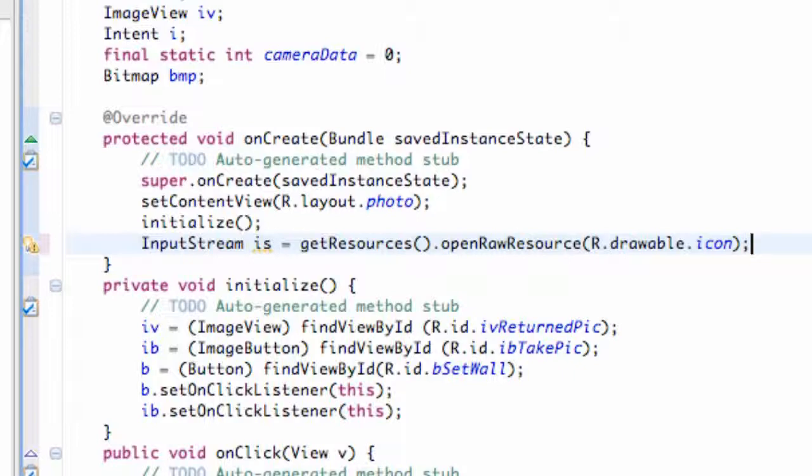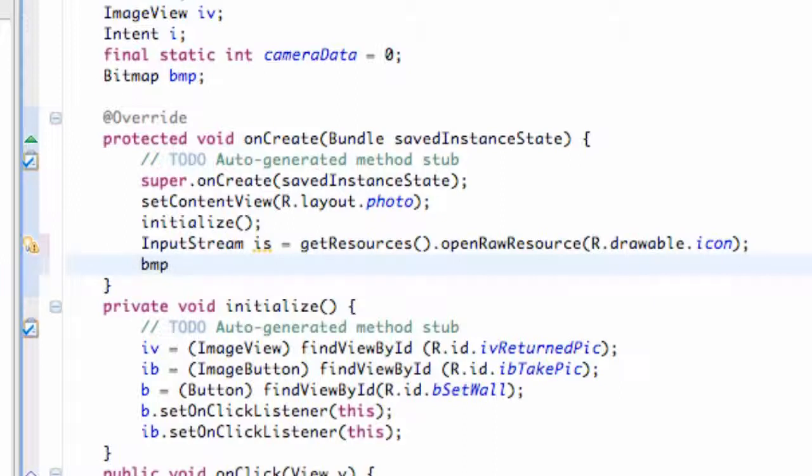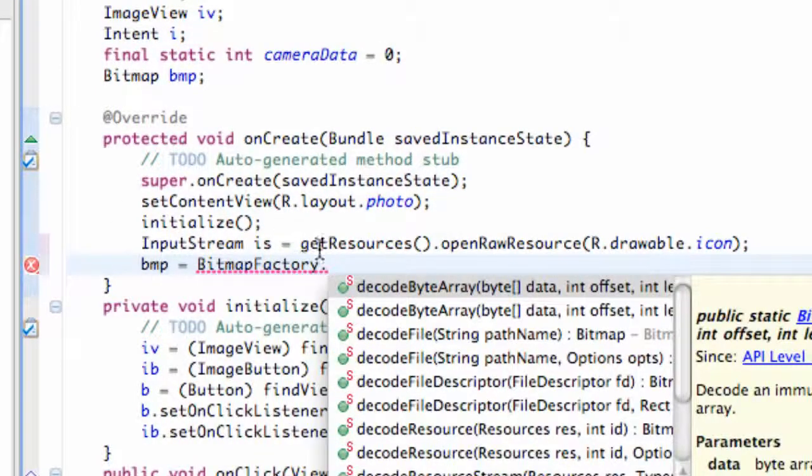So basically we set up an input stream, and now we need to decode this input stream as we set up our bitmap. So we're going to say bitmap, basically our bitmap variable, and we're going to set it equal to basically this input stream. But we have to decode an input stream for the most part. I know this is kind of confusing as well, but just to get our application working, and we'll get into more detail as we go through the series. Promise you guys. And we're going to refer to the class BitmapFactory. We need to import this class. It's not allowing us to do so yet. So we just hit BitmapFactory.decodeStream,